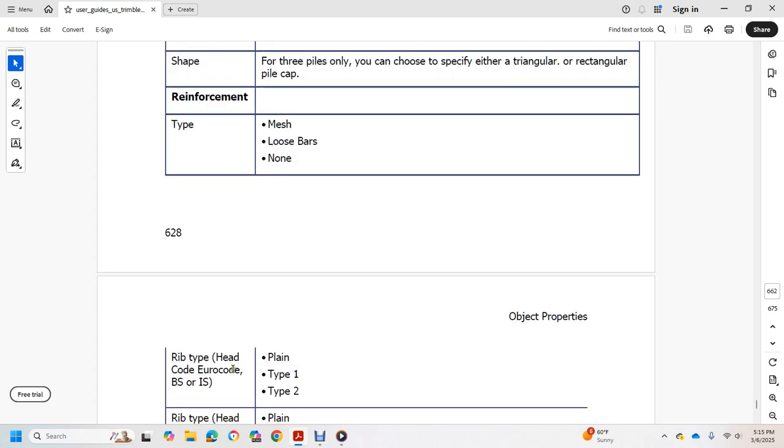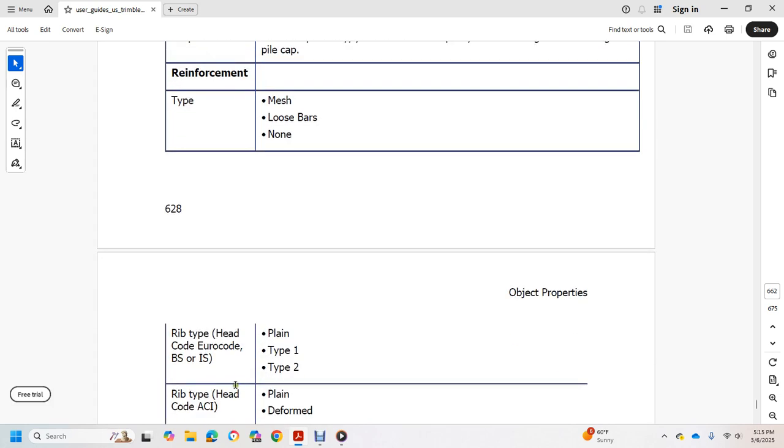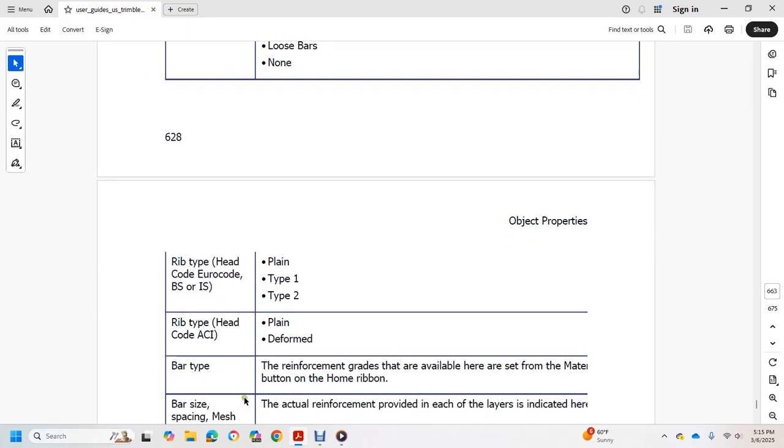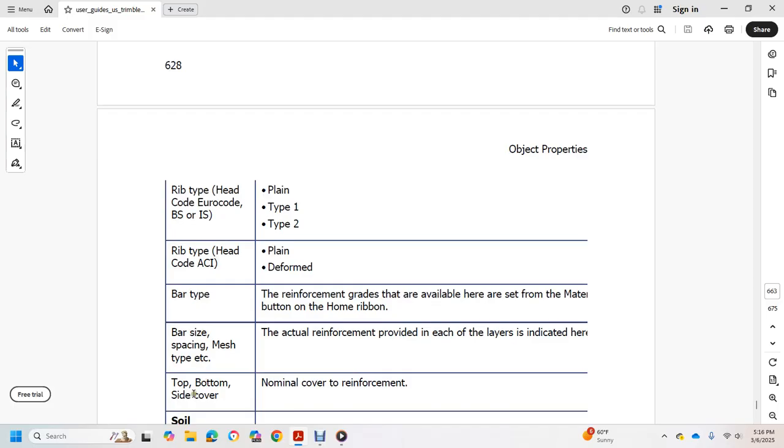Rib head type code: Eurocode, plane type 1, plane type 2; rib head type code: ACI, plane deformed bar type. The reinforcement grade is available here to set up the material of the bottom with the rib bar size and spacing, mesh and actual reinforcement provided in each layer, indicated here: top, bottom, side cover, the nominal